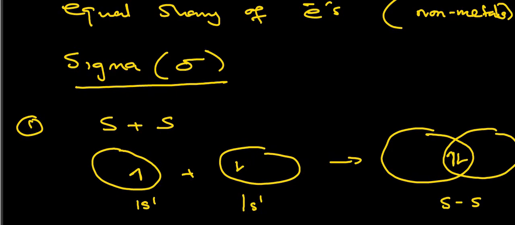This is the first way that a sigma bond can be formed. And remember, electrons are found in regions where there is a higher probability of locating them, which are called orbitals. So to form these sigma bonds, we can sometimes have two s orbitals combining. A typical illustration I can give you is if you're dealing with something that has